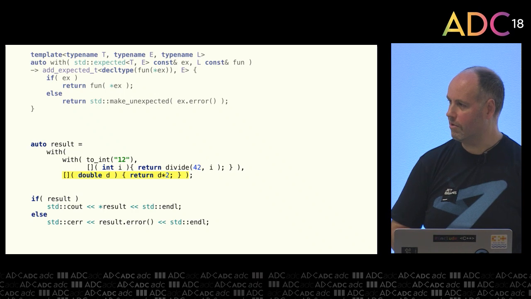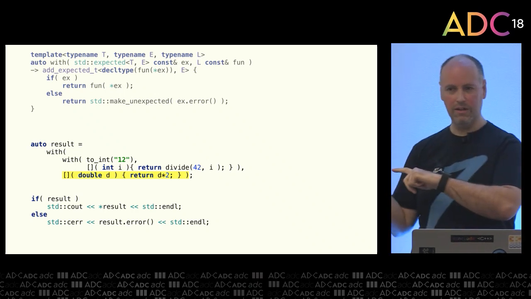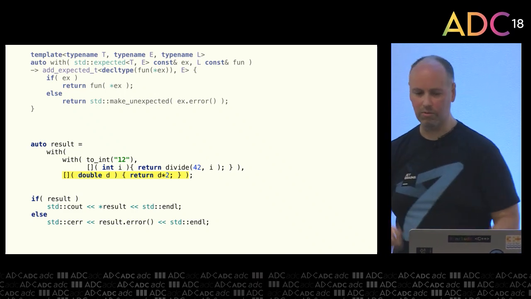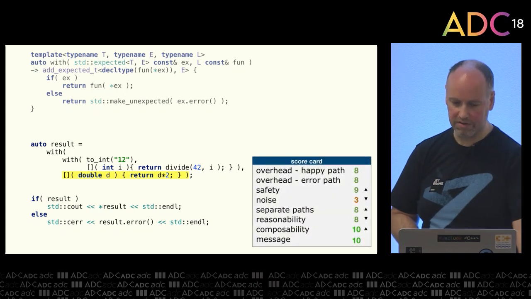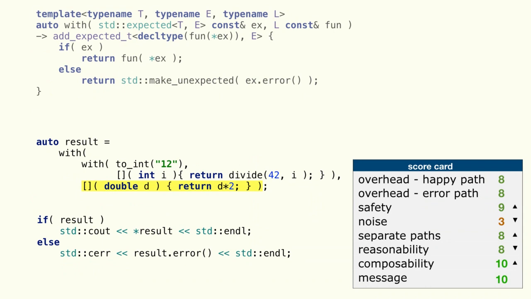So we seem to have made some progress, but I think we've taken some steps back as well. This is slightly less code, but I think it's even harder to reason about because the logic's all inverted. So I'm not too happy about that. Let's have a quick look at the scores though. I think it's safer to use because the dereferencing is done for us. The boilerplate's been done for us. But I'd say it's actually more noisy, even if it's slightly less code.